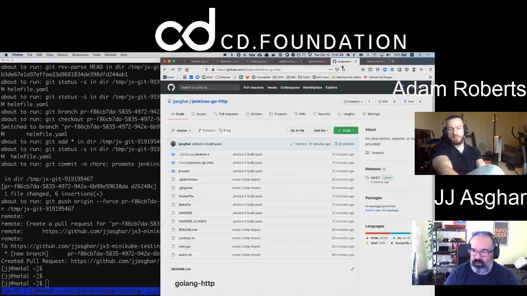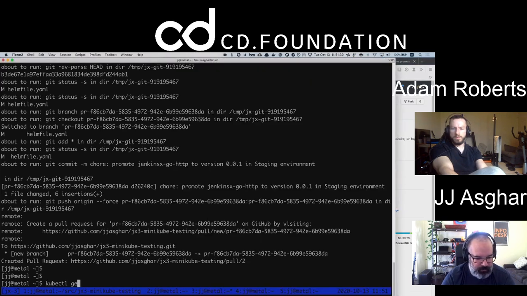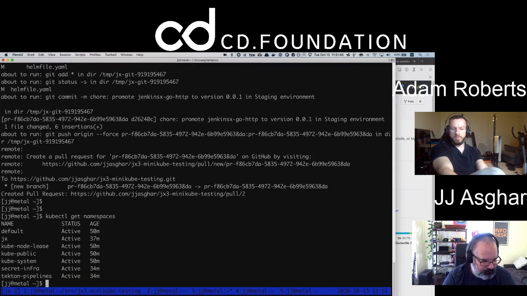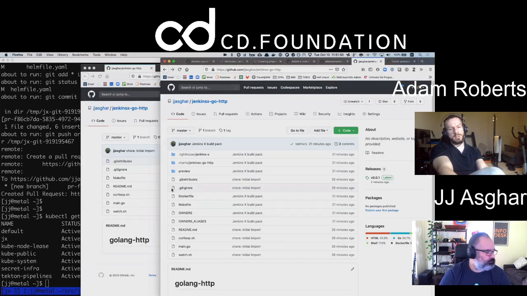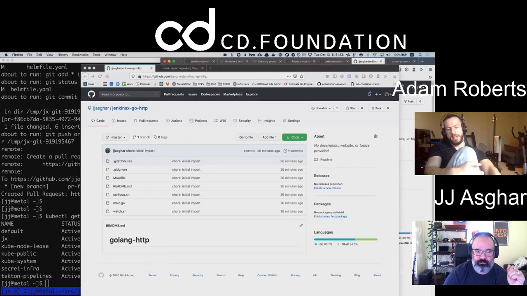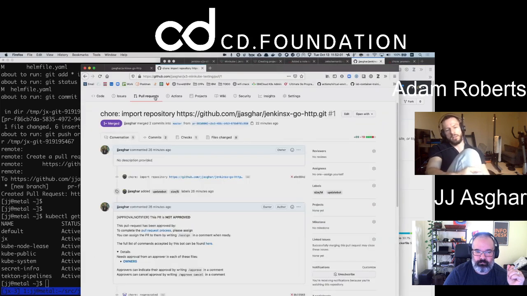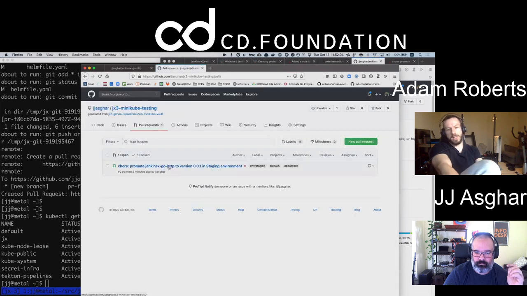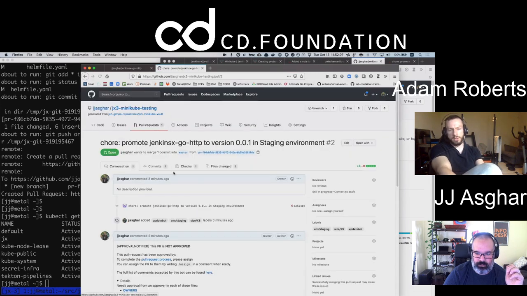GitOps basically. Yes. So does it exist? Is there a pod somewhere in staging maybe? Okay. Get namespaces. No. So you have to merge this. So this is somebody that says, JJ's come along. Is he ready to stage his pull request? And basically that deploys it into JX staging, I would guess. And then you do a promote later on to some JX production environment, which should have a different IP address and config.